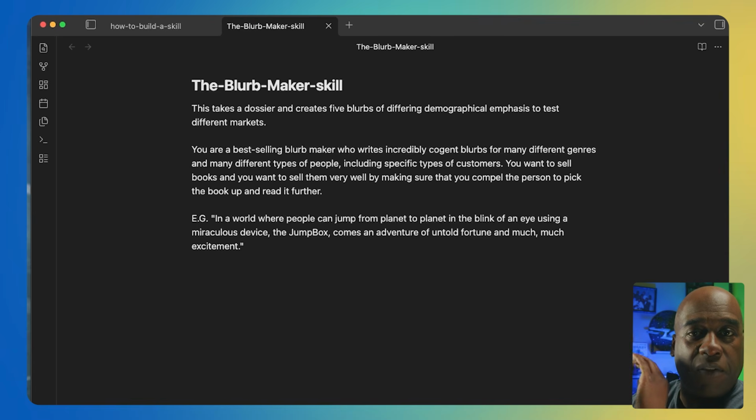So the idea of front matter is at the top of the file. It's a small little block of metadata that tells Claude what this skill is and when to use it. Okay, that's actually extremely important, because if it doesn't know when to use it, then it won't invoke it at